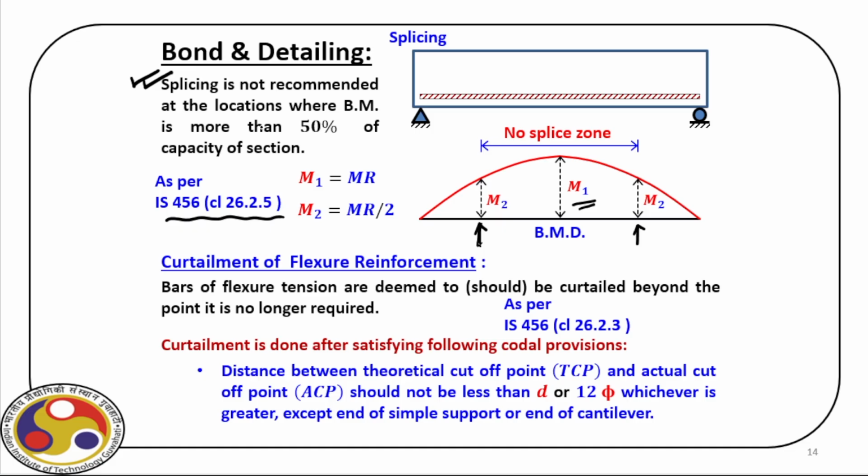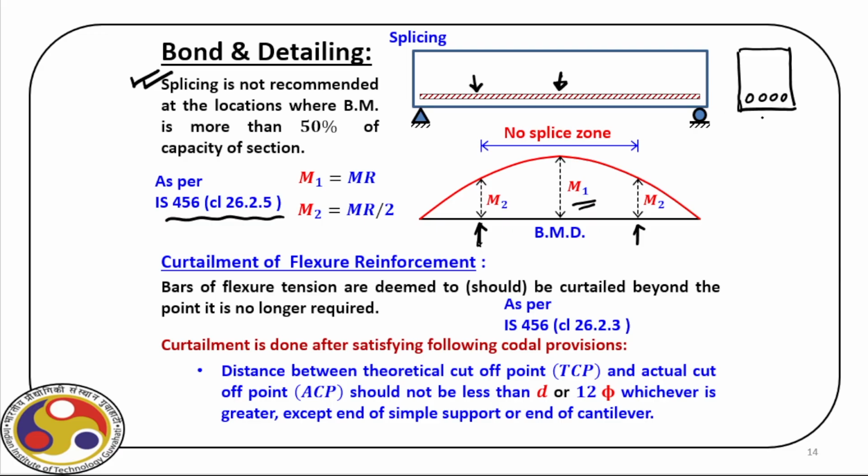Now the question is, as we progress towards the end, the moment reduces, so we can reduce the amount of steel we provide towards the end because of the smaller applied bending moment, and that can be achieved by curtailment of reinforcement. So we have the steel which is maximum at the middle, then as we go towards the end, obviously we can reduce some number of bars. So if we have, say, a cross section where at the middle, based on the value of the bending moment, we have 4 bars,